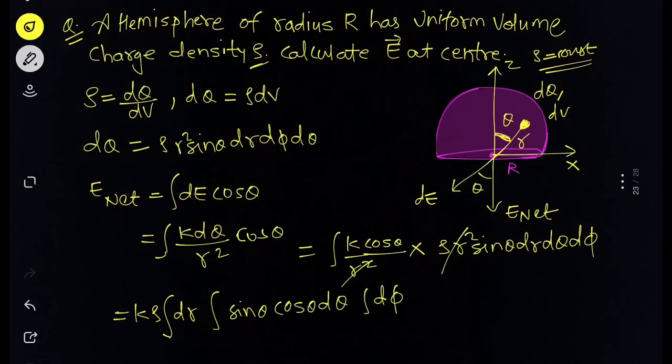So here also we can say r is varying from 0 to radius, because capital R is the radius of the sphere. So we will write the variation of small r from 0 to capital R, and again the variation of phi would be 0 to 2 pi, because we are considering the whole hemisphere. And from the z axis, if you will notice, the variation of theta would be 0 to pi by 2.